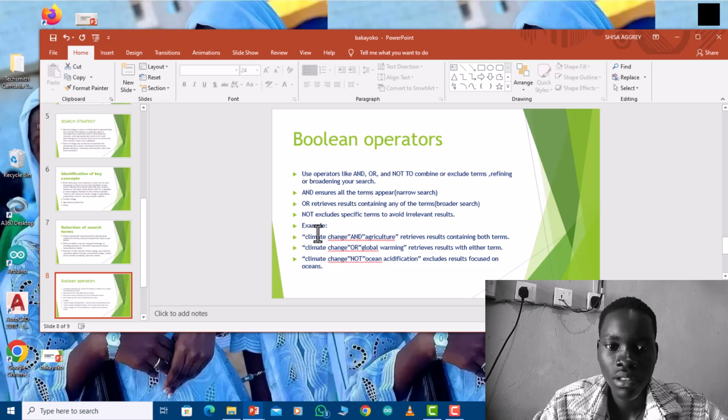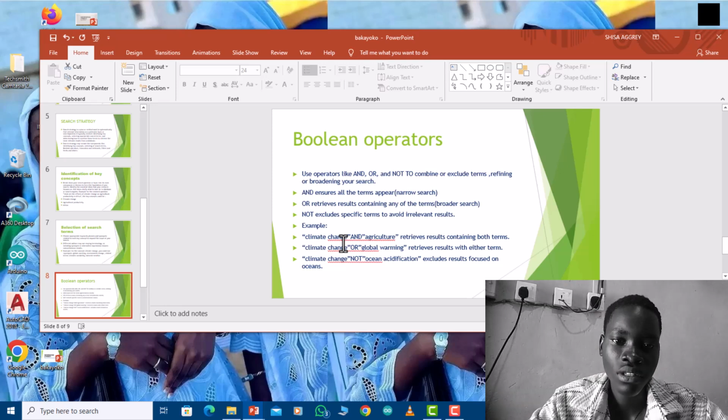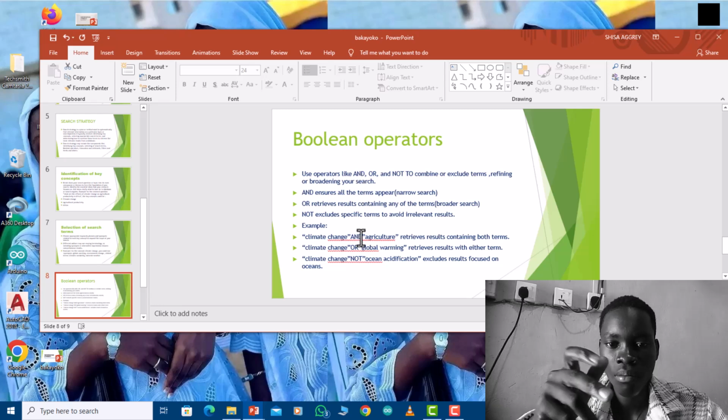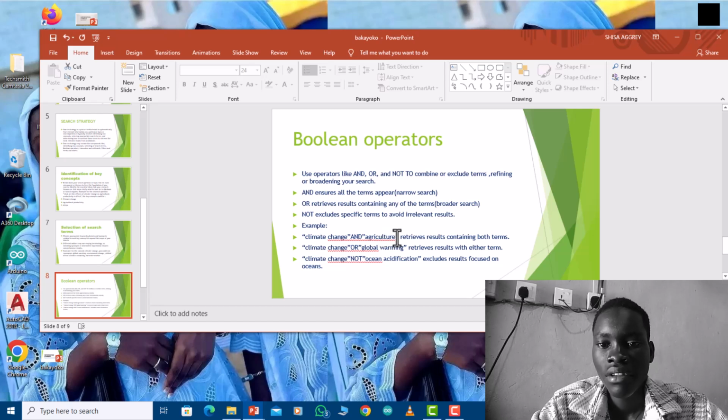You type climate change, close the quote, and then bring the operator AND, open another quote, put agriculture, then close the whole quotes. Then these results will